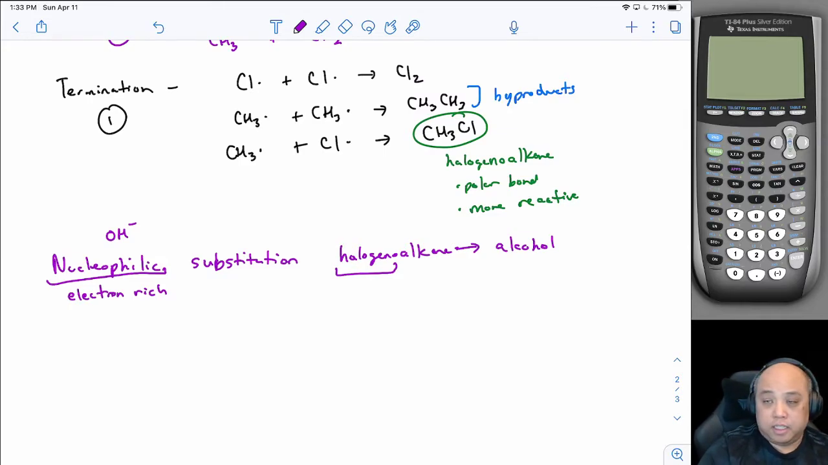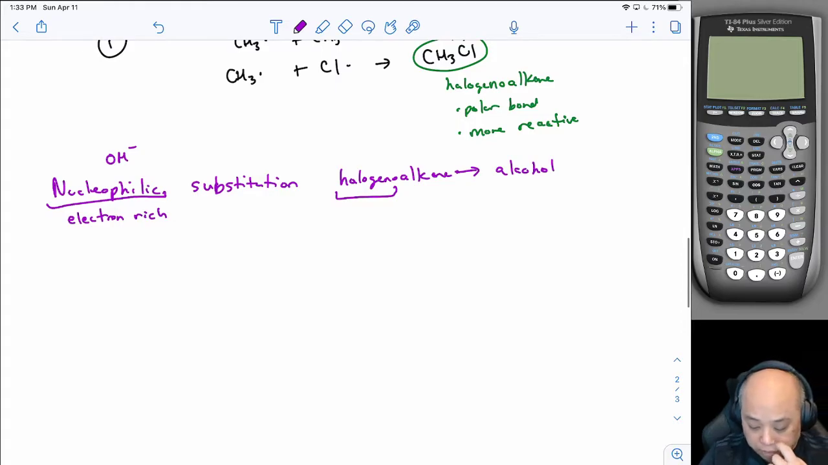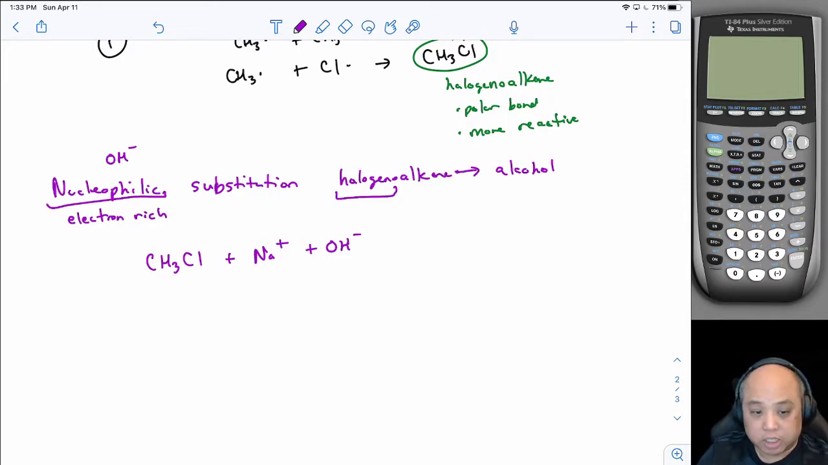And for higher level, after our break, we will talk about this and diagram all of this out. But for our purposes now, the idea that you want to know for SL is that when you have a halogenoalkane and you react it with sodium hydroxide, for example, it could be potassium hydroxide, it could be any group 1 or 2 hydroxide, as long as it dissociates 100%. What will happen is